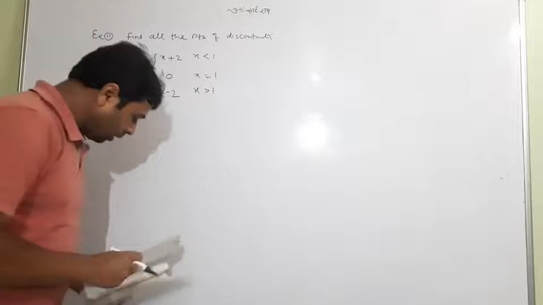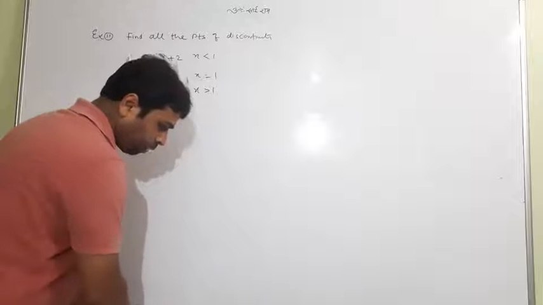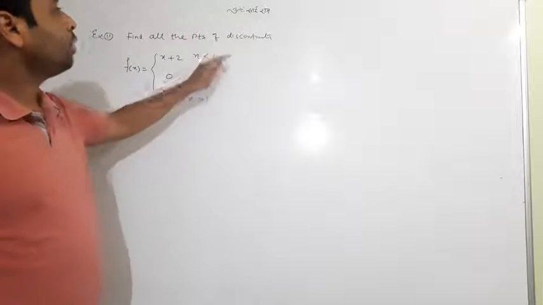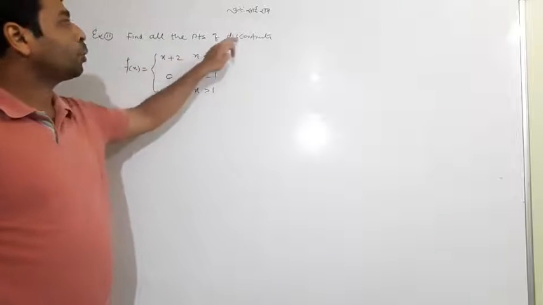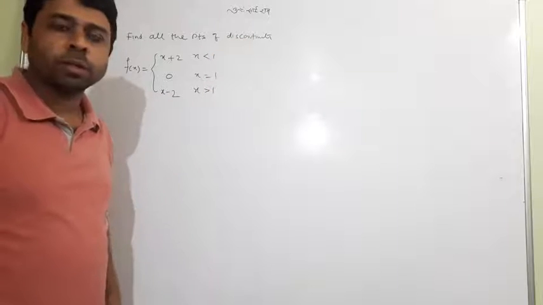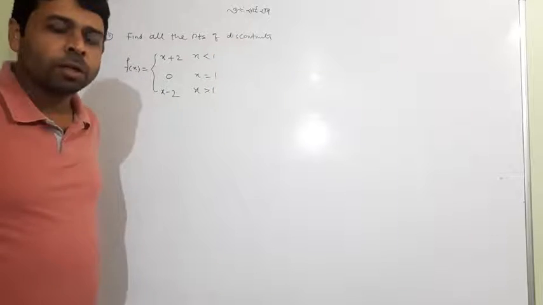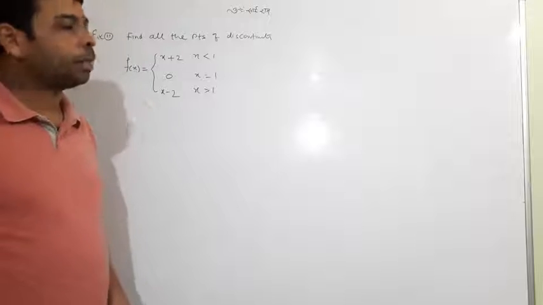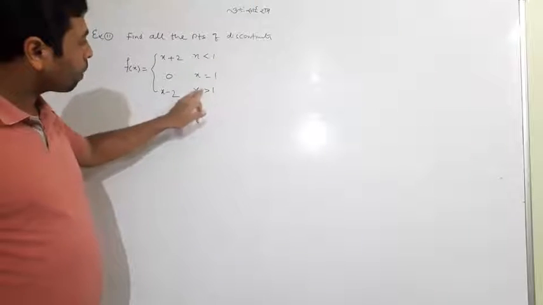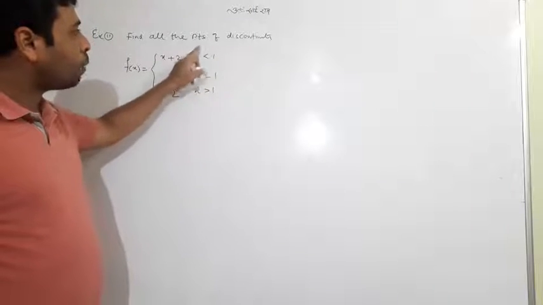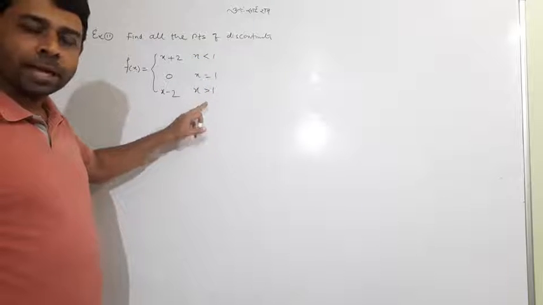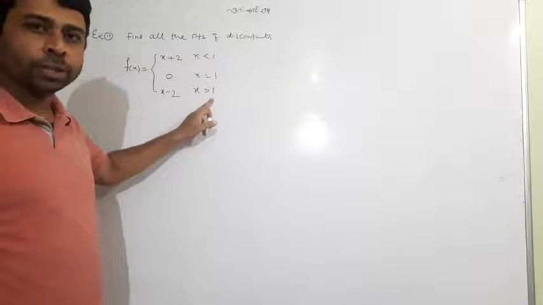Now a few good things I will tell you here about how we can do it. We want to find at what point the function is discontinuous. We have to check by the same method. We will check the continuity by the same method. But here, if we see how many points are there, actually these are infinite points.